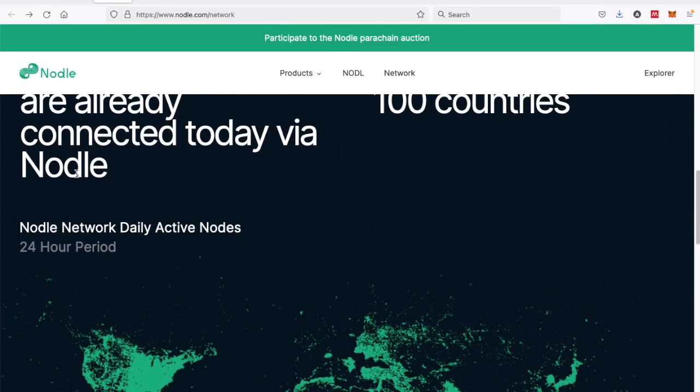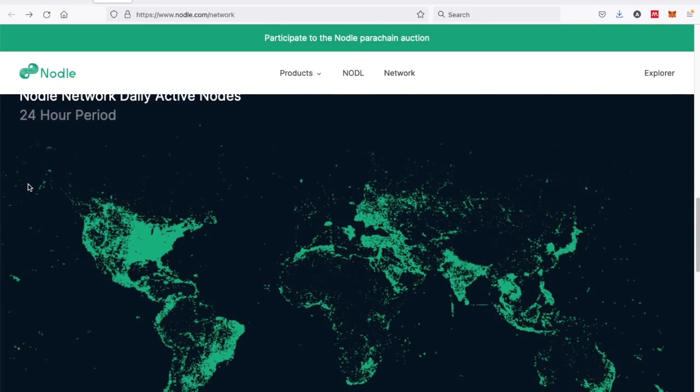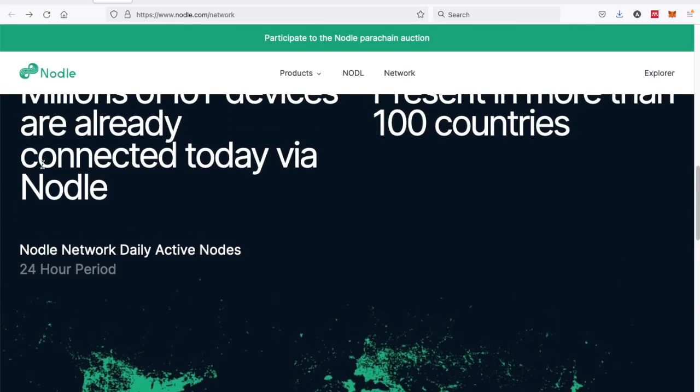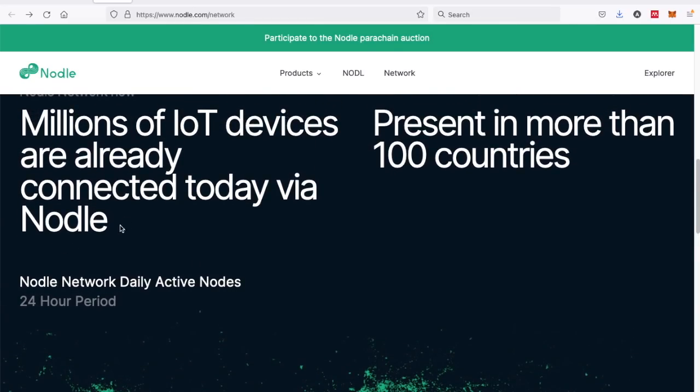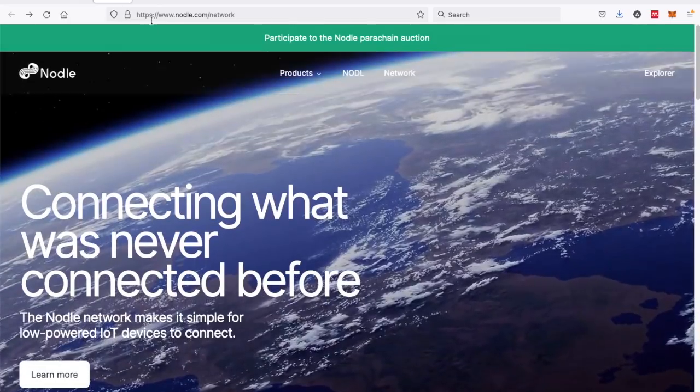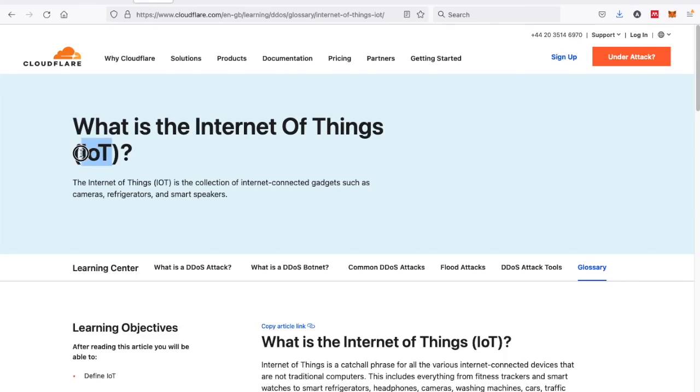On their website, they've actually got a map of the active nodes, and as you can see, it's covered in almost every country in the world that has a device which is connected through this app to be able to monitor these IoT devices. For those of you that don't know what IoT stands for, it is the Internet of